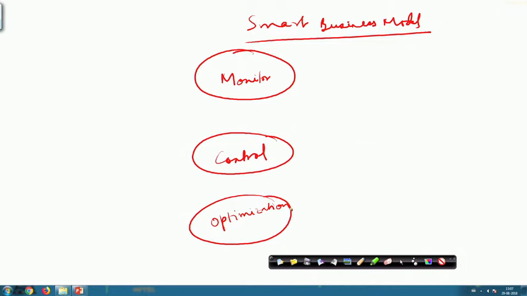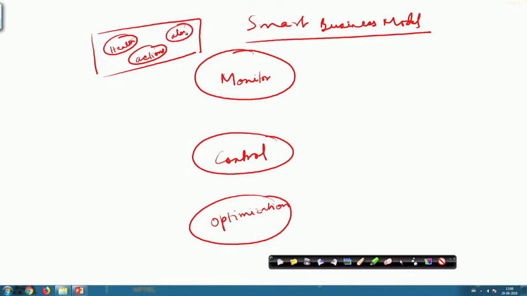Okay. So, for monitoring we have what? We have things like monitoring the health of the machines. So, health means not our health, but the health of the machines. So, health of the machines, taking some actions, offering different alerts,